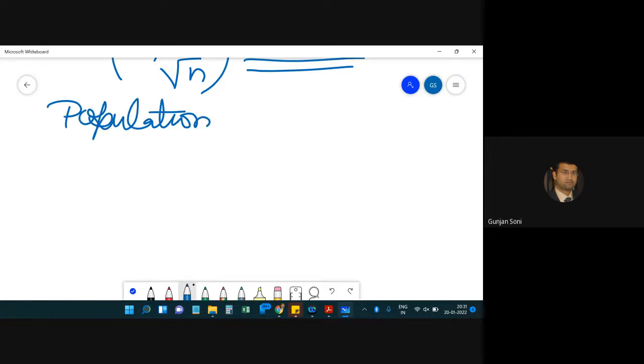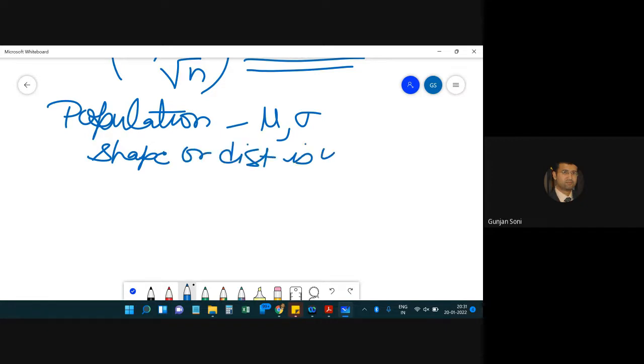If the population has mean mu and standard deviation sigma, and the shape or distribution of the population is unknown, we don't know how the population is distributed, then we select a random sample of size n from this population, then the sampling distribution would have mean mu and standard deviation sigma by root n,